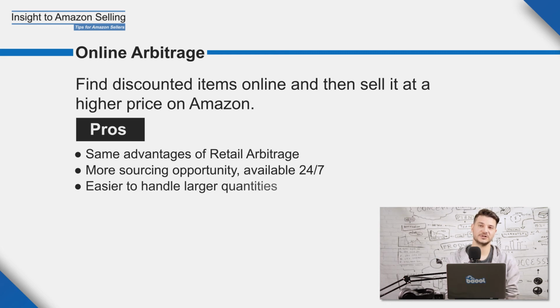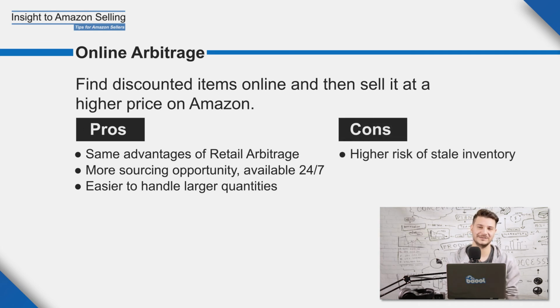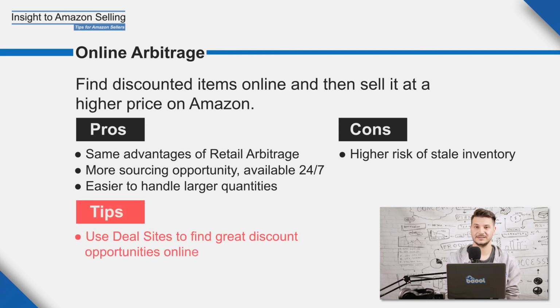Also, you can purchase larger quantities. You can deal with larger quantities. And this is obviously good because if you find the right product, you can purchase more of it. But this could also turn into a downside if you're not careful enough of how much quantity you're purchasing. So just make sure to make your research first and see how popular the item is online. An additional tool over the one we already discussed that you can use is deal sites. If you use these deal sites, you can always find some good coupons, for example, to use online and purchase for a better product and a better price.